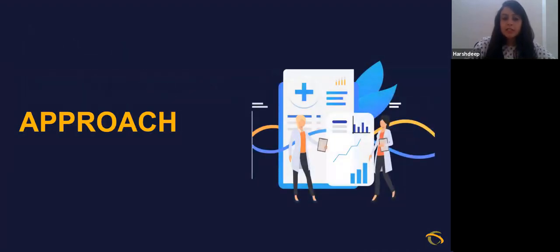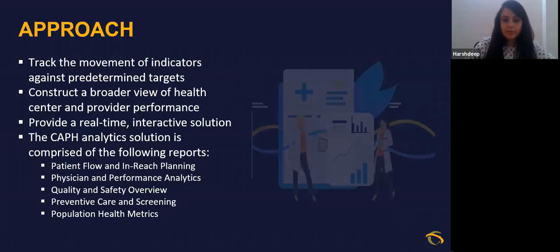So now that we have looked at the challenges in implementing effective clinical and population health management, here's how smart analytics can help and the approach we took to help our healthcare customer with smart analytics. We took a three-pronged approach here. The first was to track the movement of performance indicators against predetermined targets. Second, we constructed a broader view of health center and provider performance. Finally, we implemented a real-time interactive analytics solution with multiple filters, focusing on location, provider, ethnicity, race, as well as